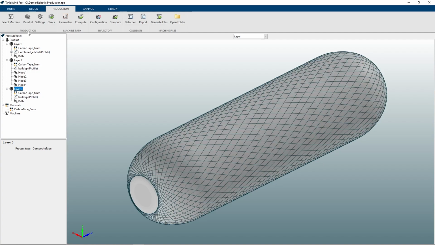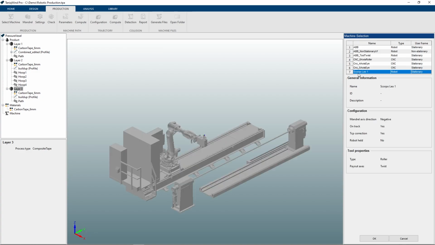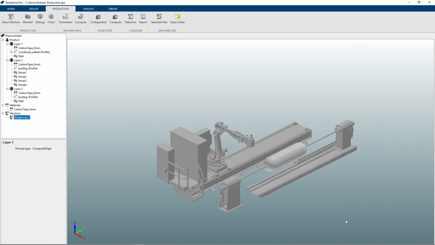For the production, we will move into the production tab, which has production, machine path, trajectory, collision, and machine file sections. We will start in the production section at the machine selection button, where we can select a machine from the machine library we want to use to produce this product. For this demonstration, I will be using the Scorpo Leo 1 robot, which is one of the machines delivered by Taniq. If you want to know more about defining your machines, you can find this information in the robotic machine